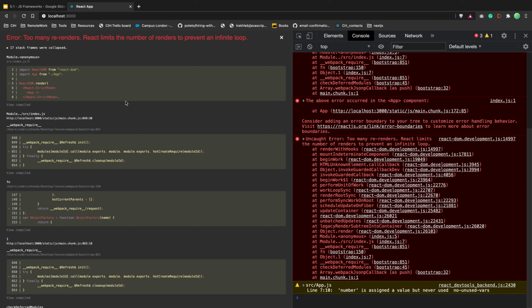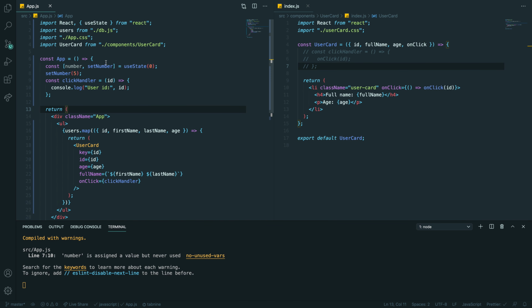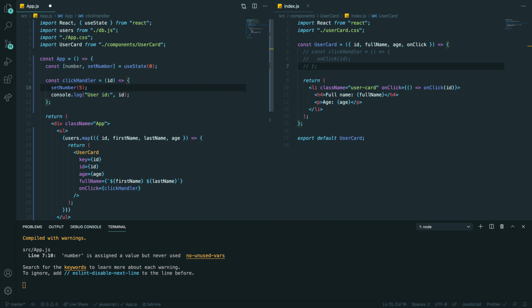Remember I said that every time you set a state, it will re-render the component. In our case, I'm setting the state, it will re-render the component, hit this line again, re-render the component, hit this line again, re-render the component.